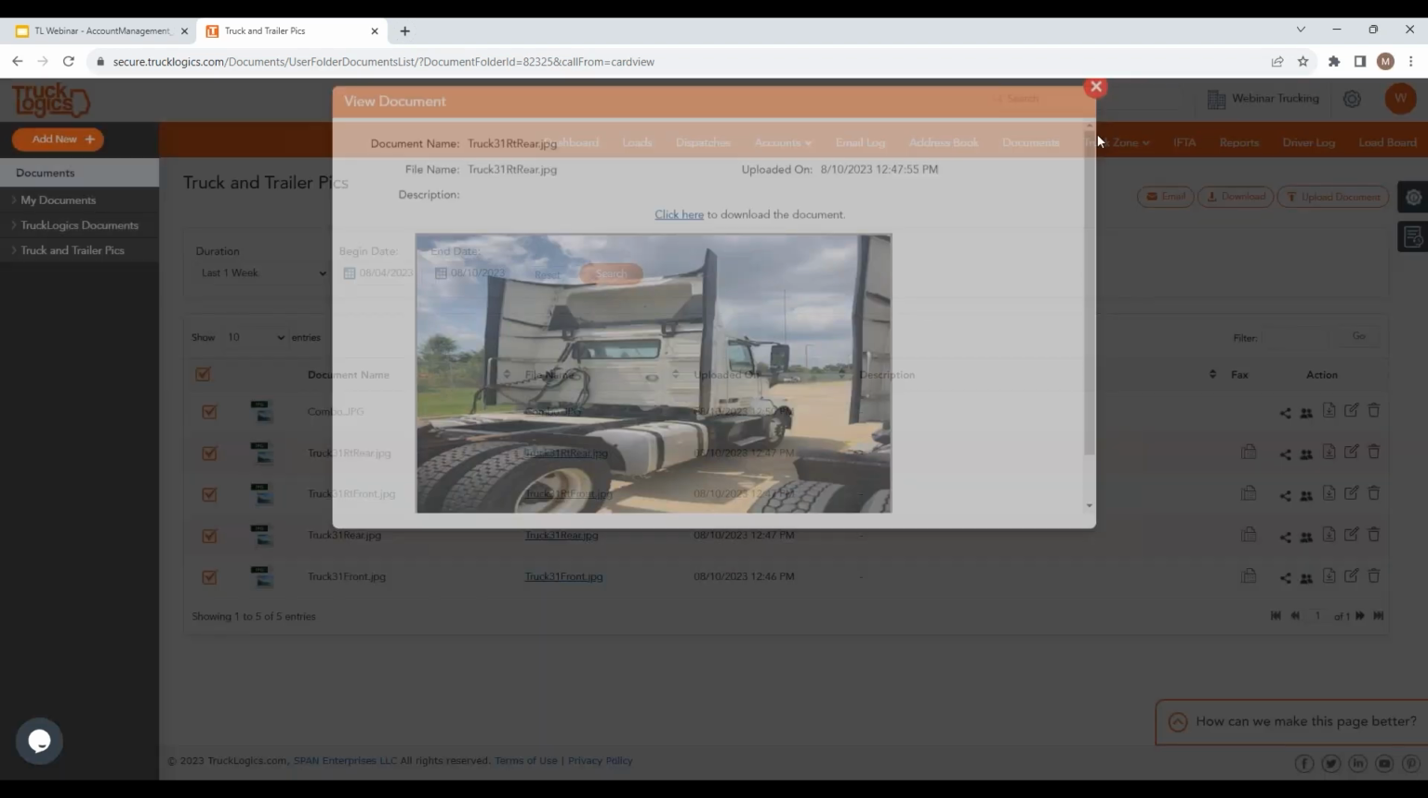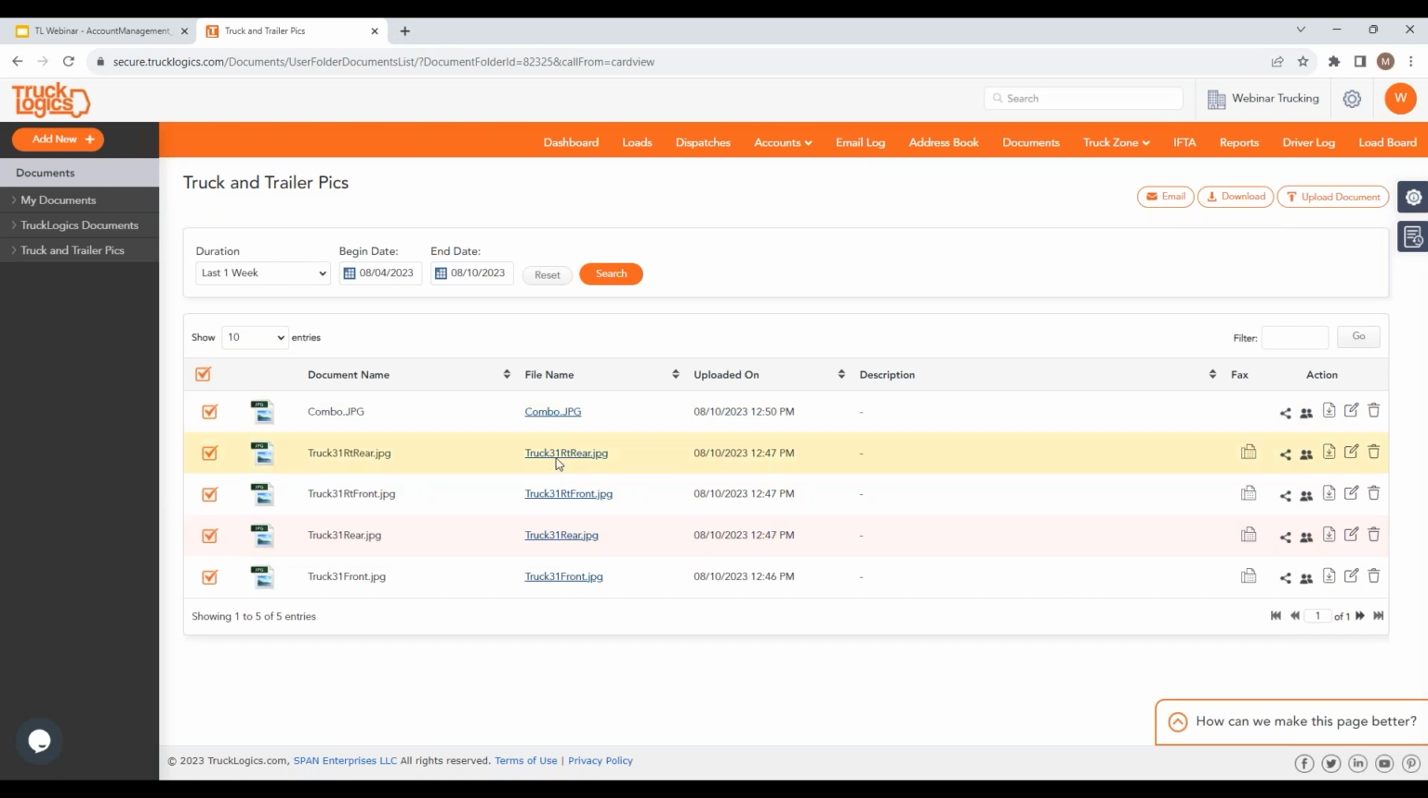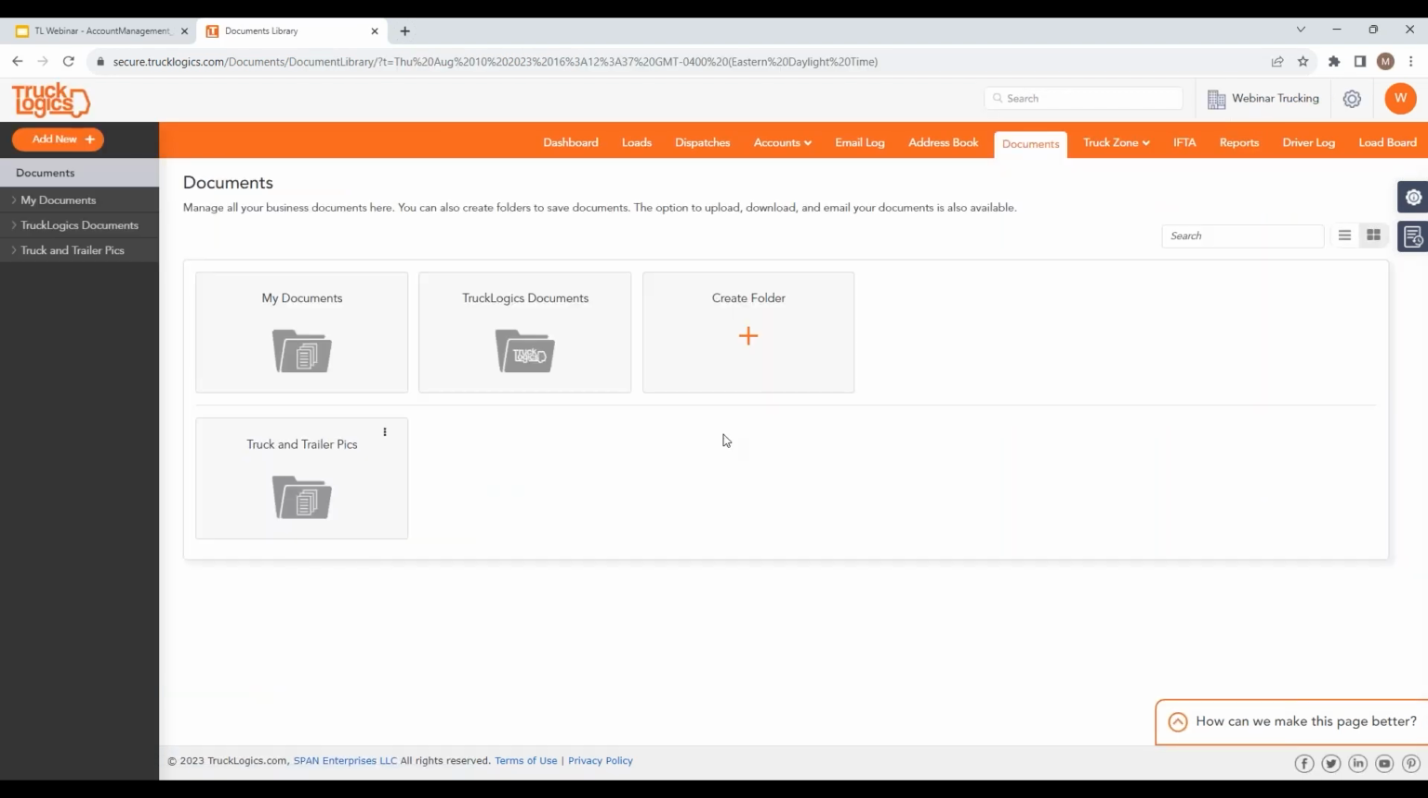So these are just pictures of truck 31, all in a nice little folder in the documents tab, in a folder that you're able to create on your own, and you can label it however you want. This one I just happen to label truck and trailer pics. So this is also where you can put, unfortunately, if there's damage to a truck, or your driver needs to take pictures to document things. This is a great way to store those truck pictures